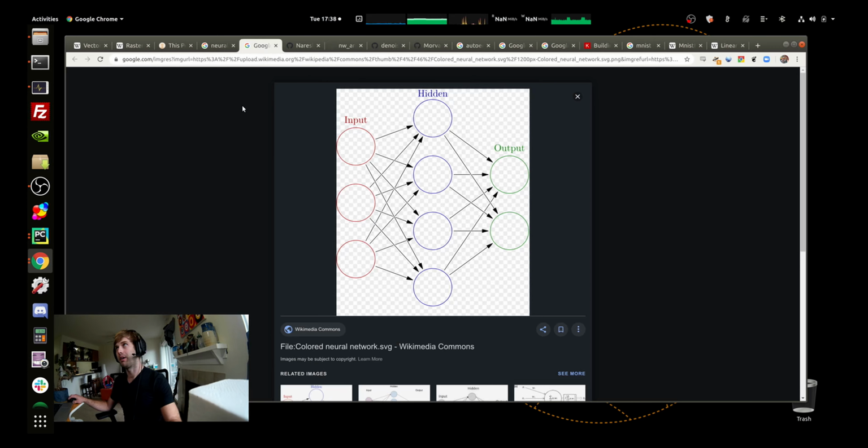So I don't want to get super deep into how neural networks work, but they are a technique for processing information with computers that is inspired by the way neurons in an animal brain would do that. It's not exactly how they do it, but it's inspired by that. In a typical neural network, you've got your input neurons represented here, and you've got your output neurons, and then there will be